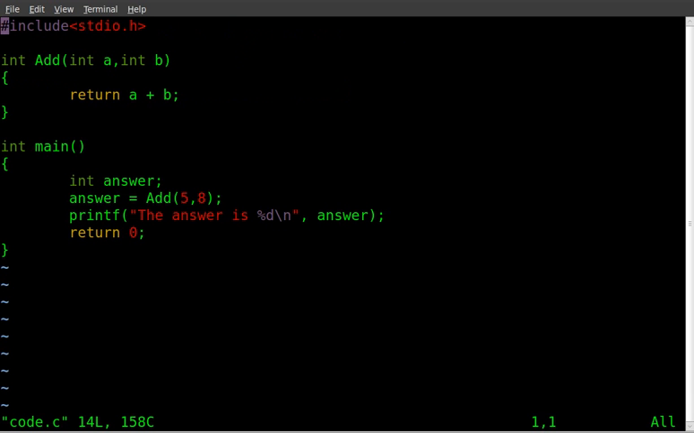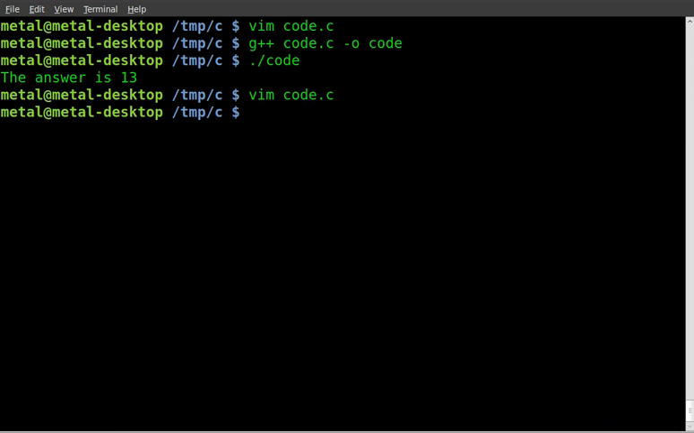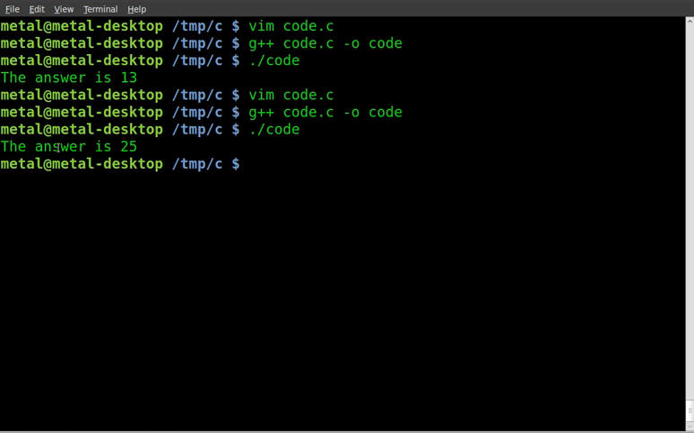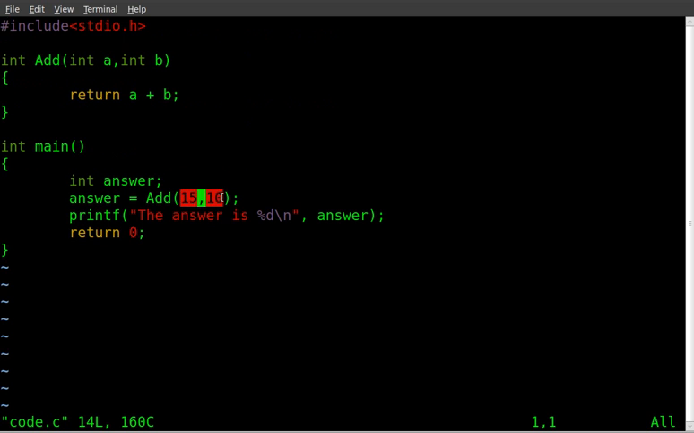And I'll show you if we go back in here, we can change these values here, and we can do 15 plus 10. Save that. Now we have to recompile it and run it again. And now we've got the answer is 25, since 15 plus 10 is 25. And that is how you do basic math